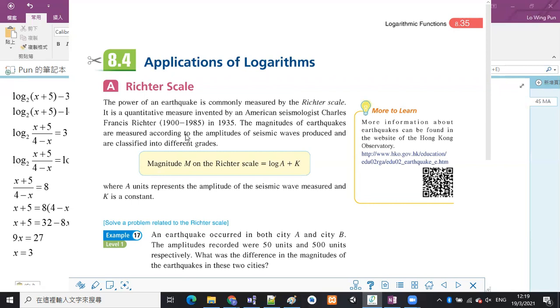M 就係幾多級。7級大地震啊，嗰個7就係呢個 M 啦。就係個 magnitude，OK，magnitude of the earthquake is equal to log A plus K。A 就係所謂嘅 amplitude，就係所講頭先即係震動嘅時候嗰個波幅。